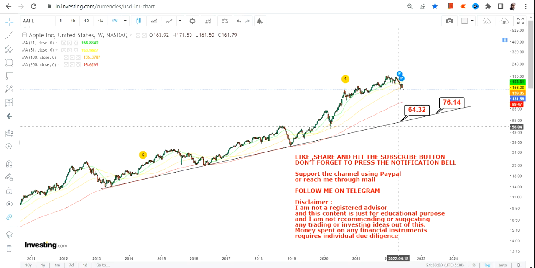Now the level, if you are using the moving average, is a variable target, whereas if you're using the trend line, it's an absolute range or absolute level that you're going to look at. So we have two big support levels. We don't know where it's going to end, whether $100 or between 64 and $76, but looking at the market condition, I am very comfortable using 64 to $76 as my big support, rather than talking about $100,